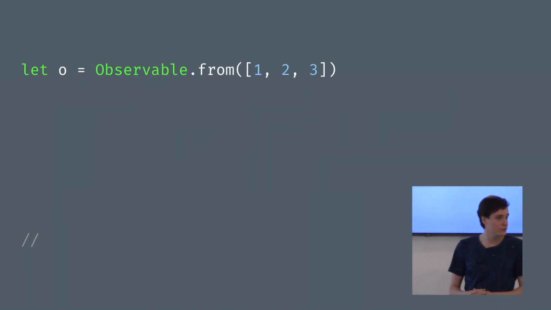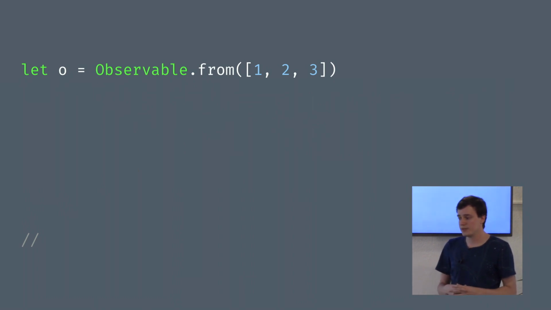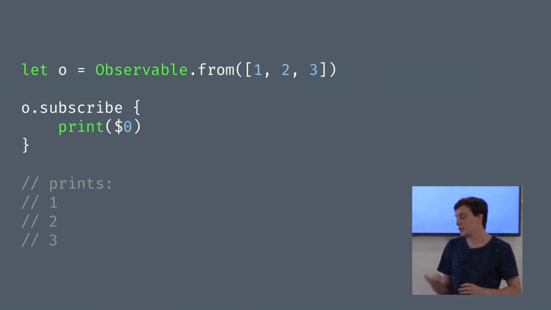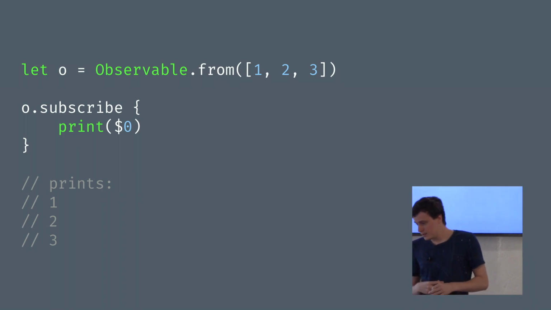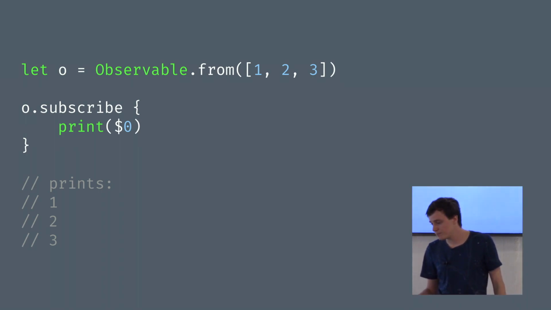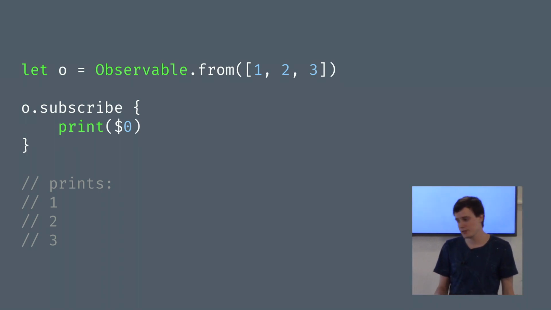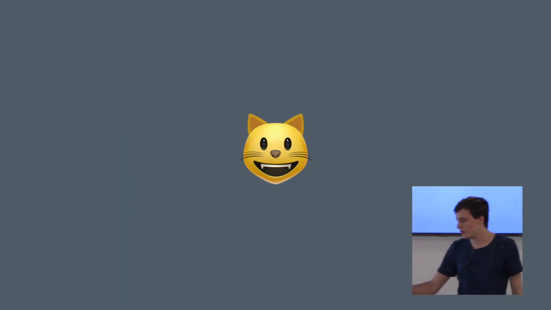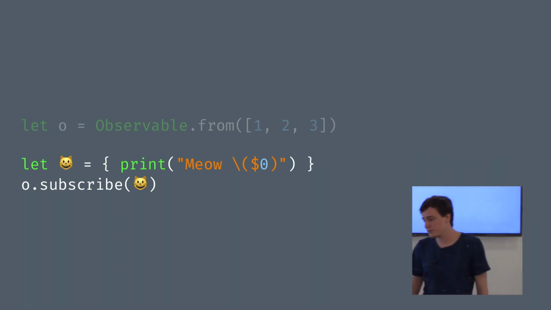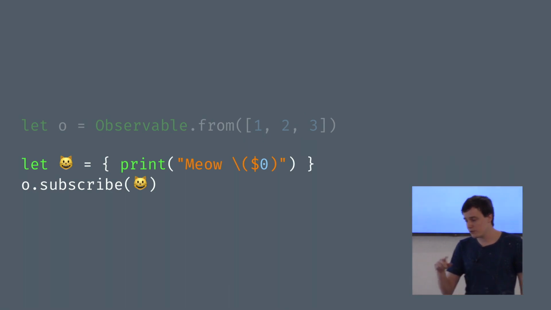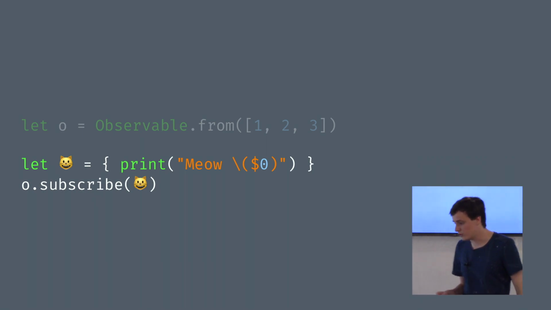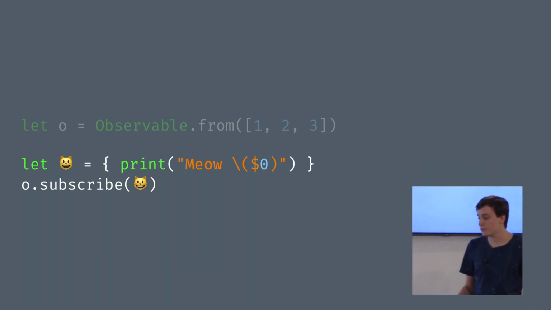When we use it, it looks something like this. Now we have an observable O that contains 1, 2, and 3. And we can subscribe to it and print, and it will actually print 1, 2, and 3. So that's pretty cool already. Might look like a lot of work, maybe. Before we continue, it might be good to really understand what's going on. And we're going to need the help of an emoji. What we can do is give our observer a name. Let's call it cat. And we can follow along where the cat is going as it subscribes and as it receives values. So we define the observer cat,